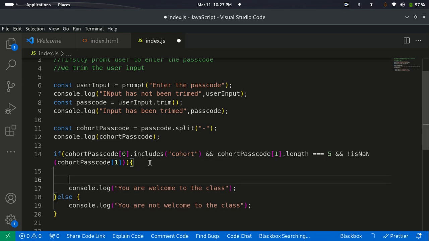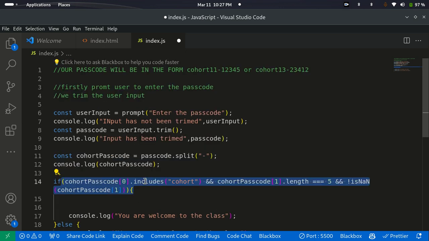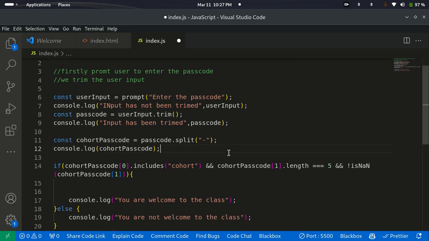Now, before we get this statement, you are welcome to class. That means all these conditions have been passed, right? Now, we want a situation that even though all these conditions have been passed, there's still a few more conditions to check. And that condition should be what the lady just mentioned. If we have a number after cohort, a number before this, because if you check our code now,